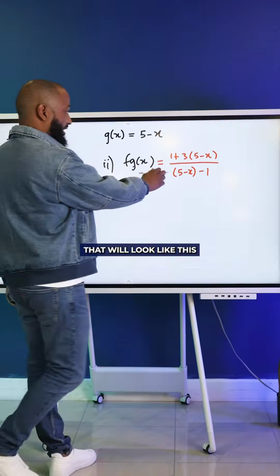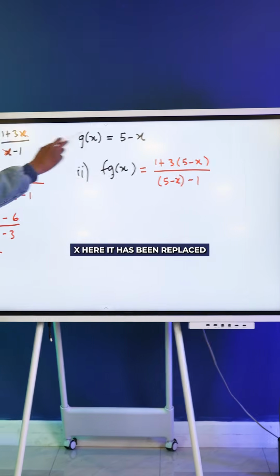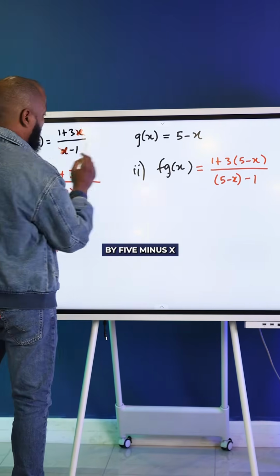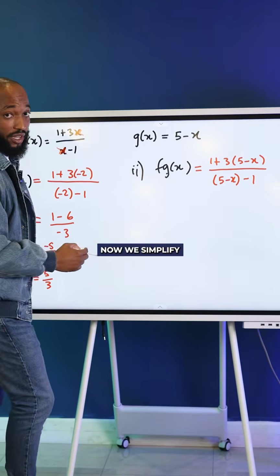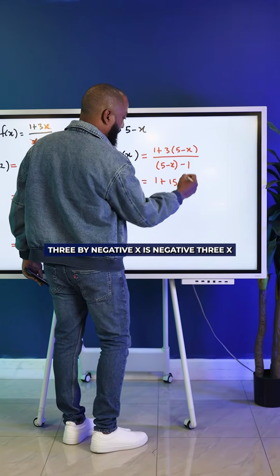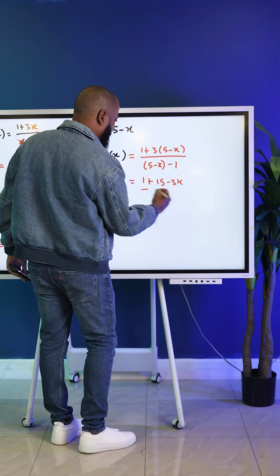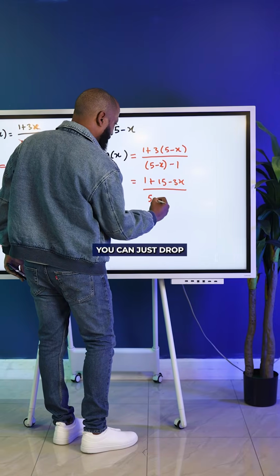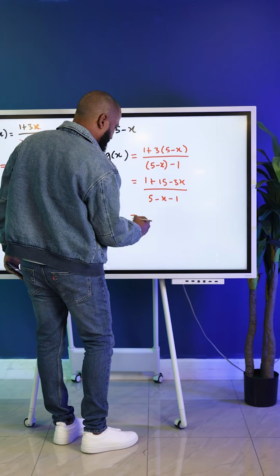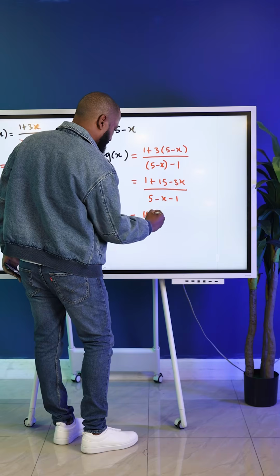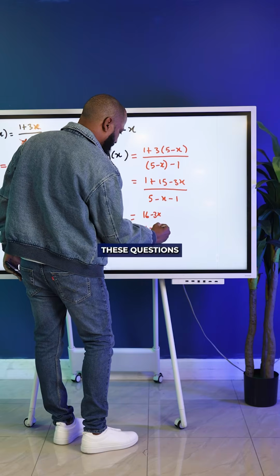That will look like this. Notice anywhere you see x here, it has been replaced by 5 minus x. Now we simplify. 3 by 5 is 15, 3 by negative x is negative 3x. We can just drop the brackets here, and we should end up with